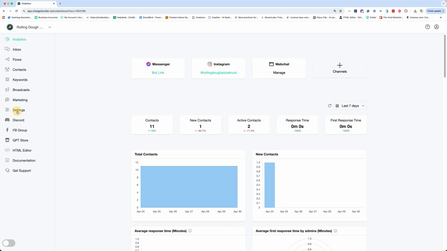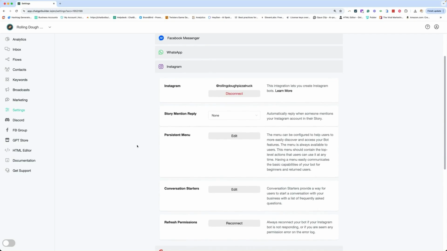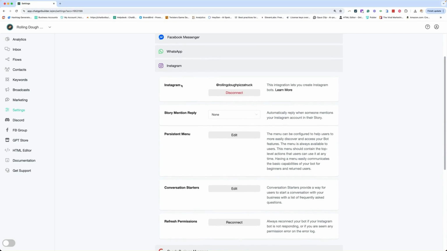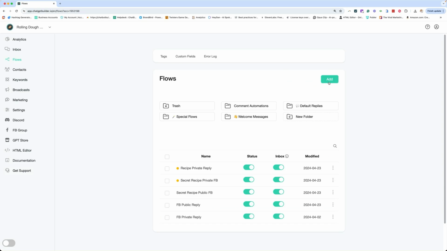We're going to go to Settings, Channels, click on Instagram, and you're going to see some options here. So once you're connected to Instagram, you can add a story mention reply, a persistent menu, conversation starters, and you can refresh permissions. Usually if there's any glitches or anything going on, this is a good practice. But we are going to do this, story mention reply. So the first thing we need to do is create the flow that we'll assign here. So let's go to our flows, click add,